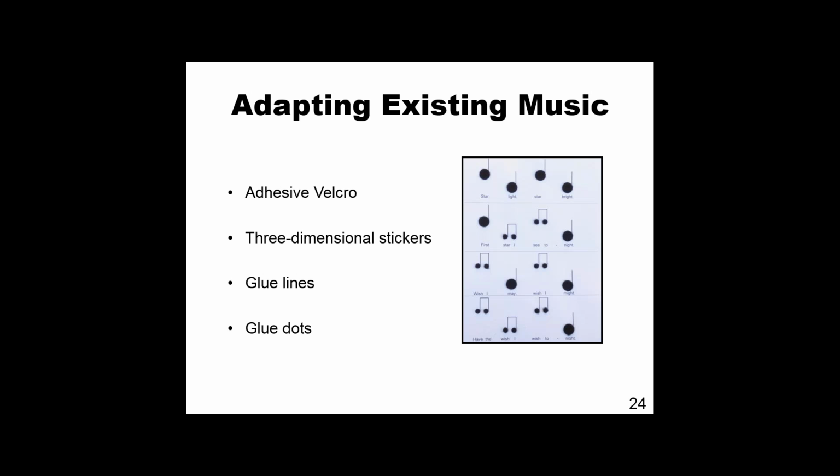But what I used here is the adhesive Velcro, and these already came in circle sizes. I think they're called Velcro dots or something like that, and I just bought 2 different sizes. And I stuck on the circle of Velcro over the note head. Now here I did use the 2 different sizes, but if you wanted just to use all the same size, you could do that as well.